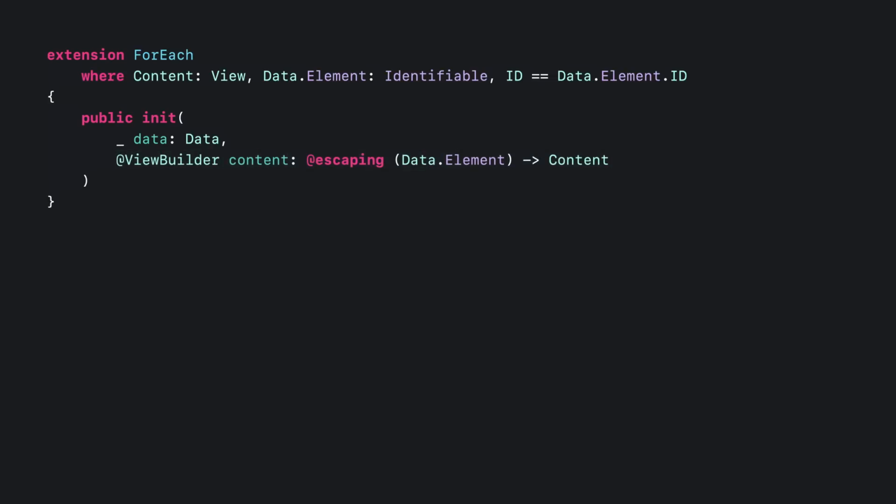But actually, the most interesting part here is that we constrain the element of the collection to be Identifiable. Again, the purpose of the Identifiable protocol is to allow for your type to provide a stable notion of identity, so that SwiftUI can keep track of your data throughout its lifetime. In fact, this is very similar to the concept of identity and lifetime we discussed earlier.